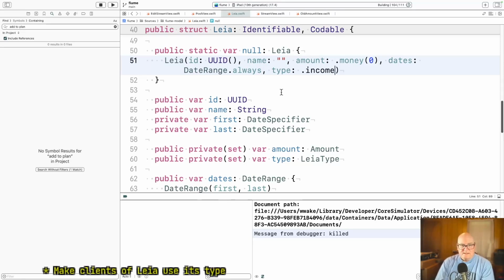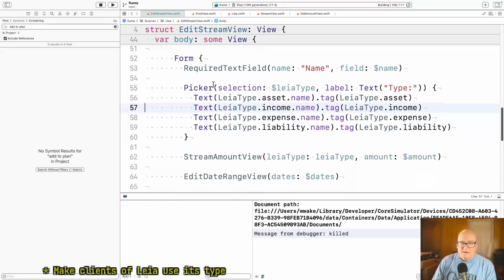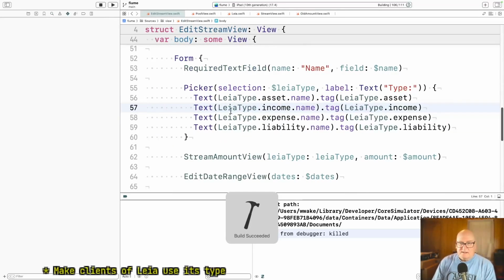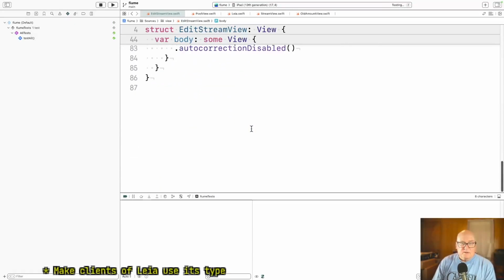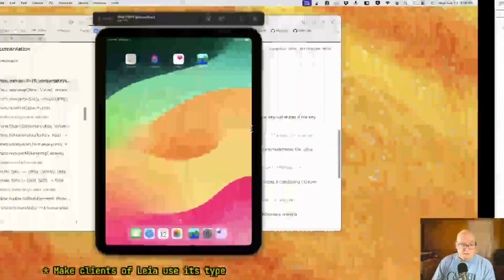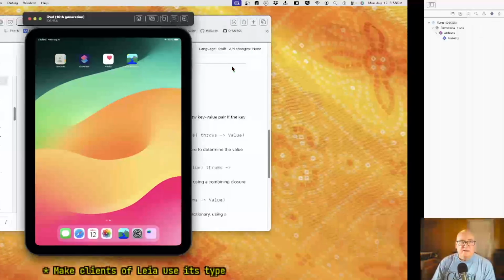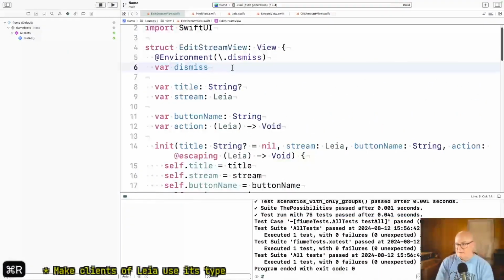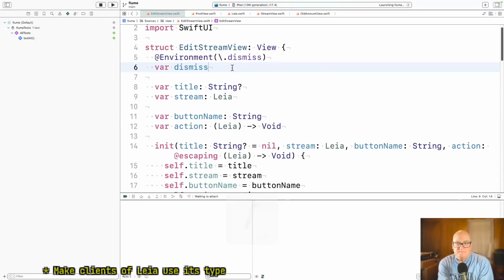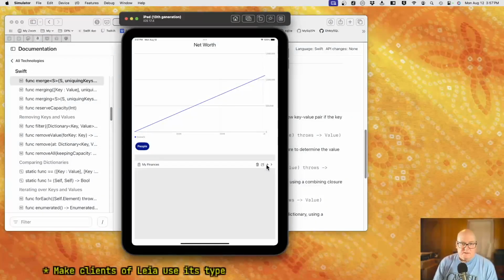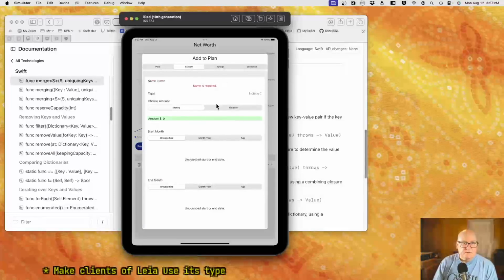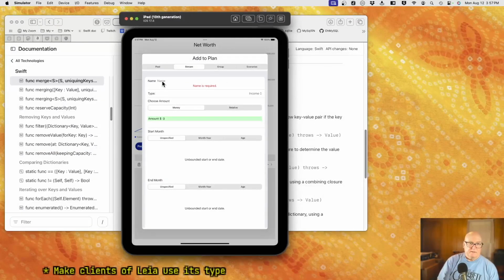But I think if I've done this right so far, it doesn't care what it creates. Let's see where it creates it. Yeah, it's picking up Leia type. So I believe this edit stream view will pick up and edit anything. Did it run? Okay, so if I do this, edit stream view,